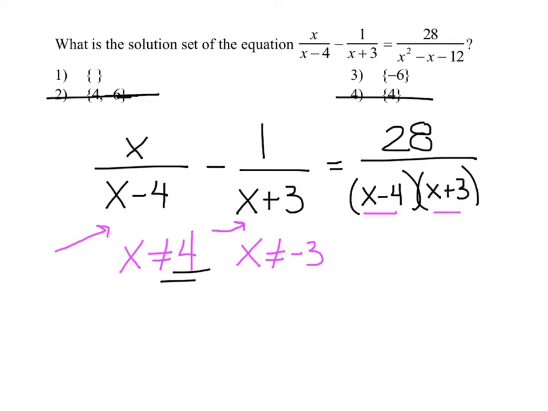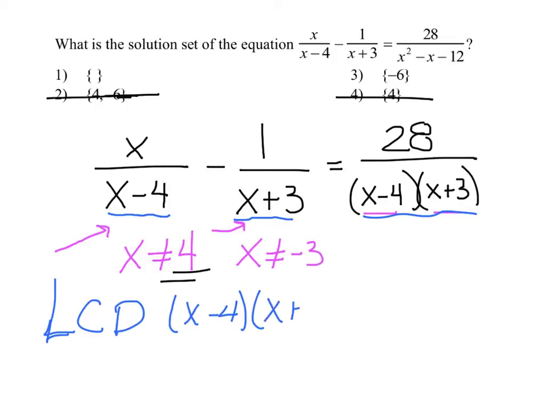So do you see how beneficial it is to know the word undefined? Alright, let's go ahead and talk about now our least common denominator. Staring at these denominators, I would say my least common denominator, and let's jot that down, we want to make sure we write that down every time so the grader knows what we're doing, is x minus 4 and x